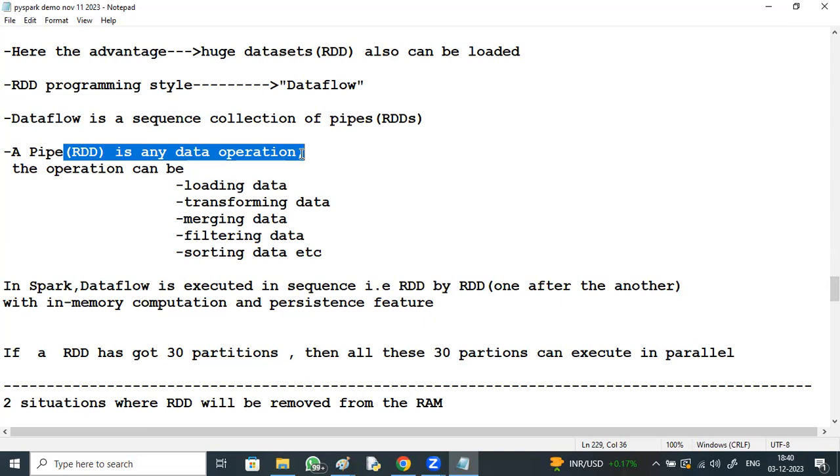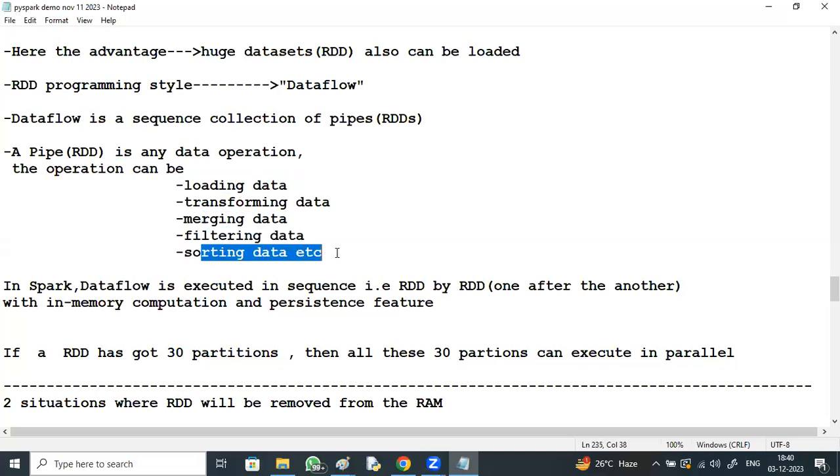So a pipe is any data operation: loading, transforming, merging, filtering, and sorting. In Spark, data flow is executed in sequence, RDD by RDD.